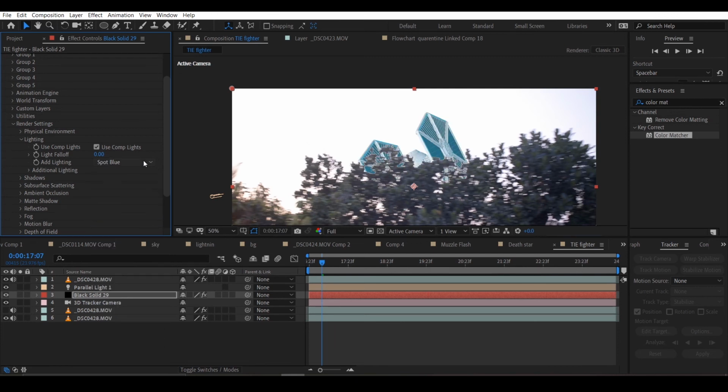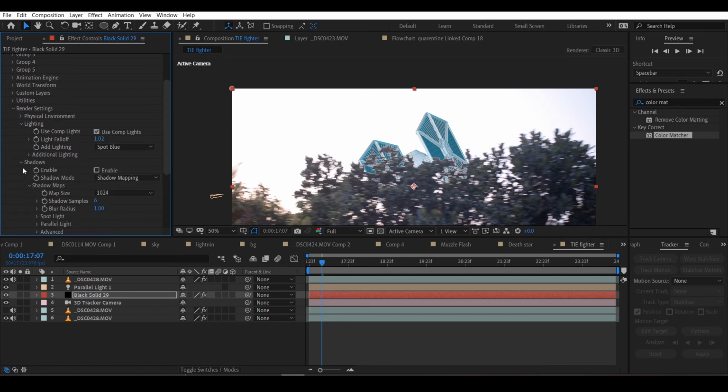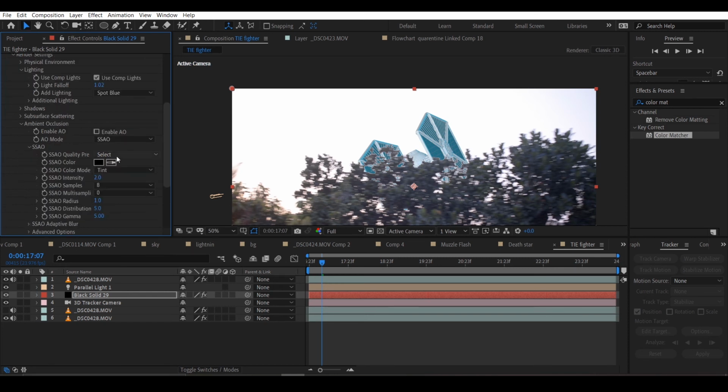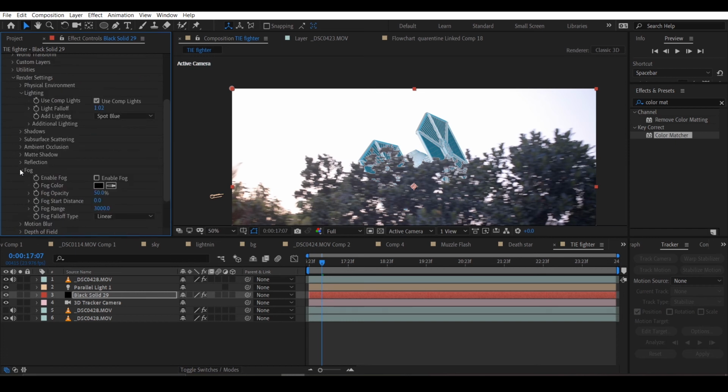So we still need to use comp light because you can see what it's doing. And I will just play with the settings. Shadows, I will enable shadows, and also I will enable AO, which means ambient occlusion, and I'll also enable fog.